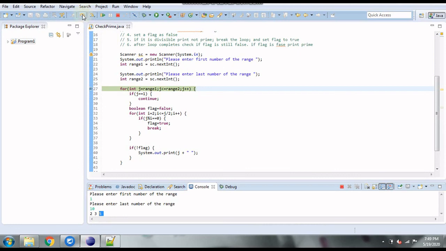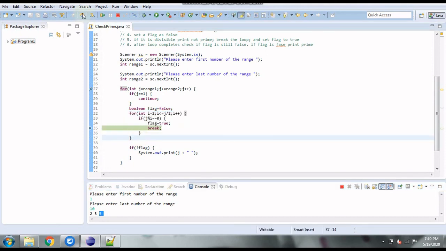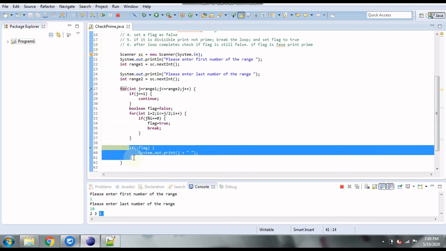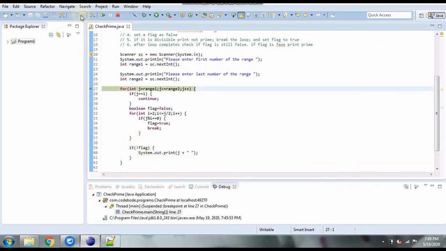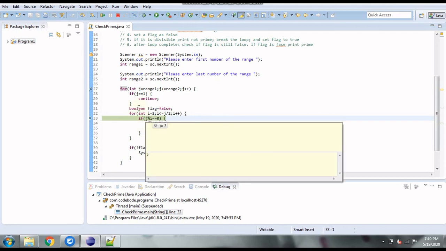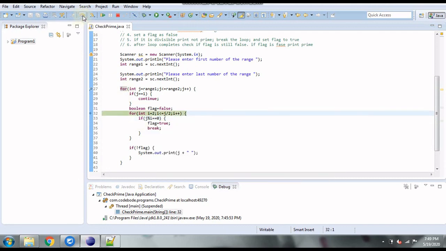Now 6, for 6 it will check the divisibility. 6 is divisible by 2, the flag has changed to true, and the loop will break. Now this break is going to break the inner loop and not the outer loop. So the loop will break and it will come to the statement of the outer loop. And since the flag is true, because 6 divided by 2 has changed the flag, it will go to the next iteration. For 7, again it will check. Now 7 divided by 2, the condition is not matched. So next iteration of the inner loop.